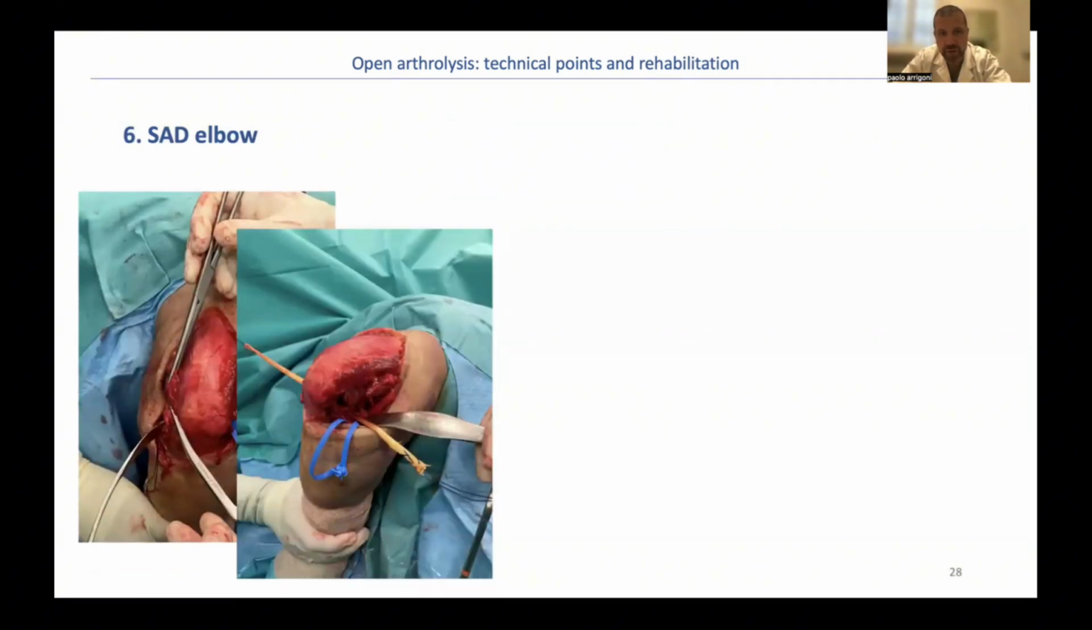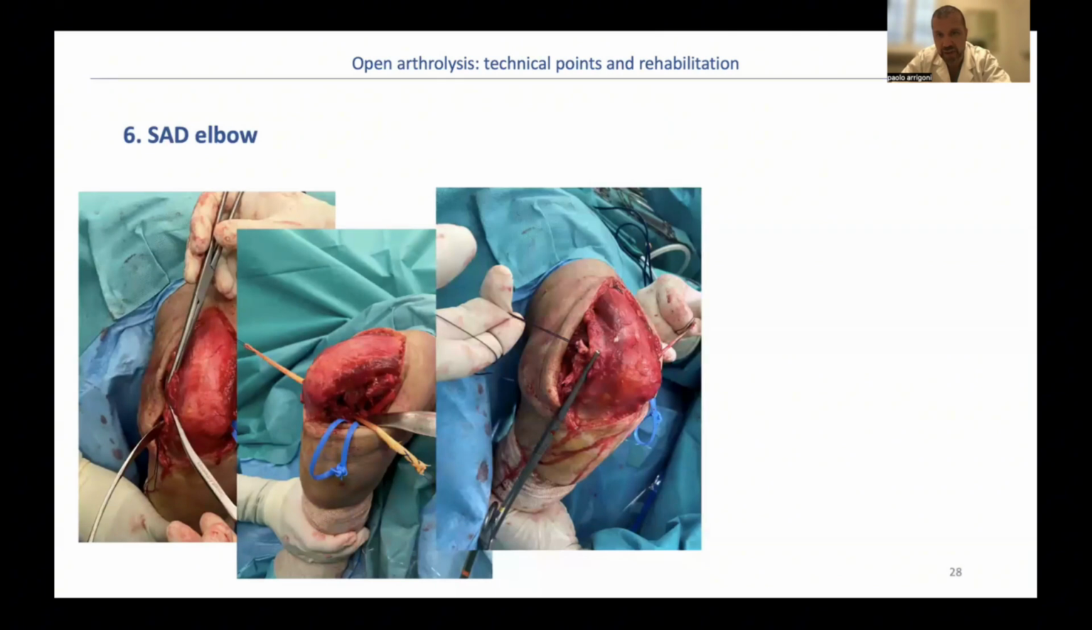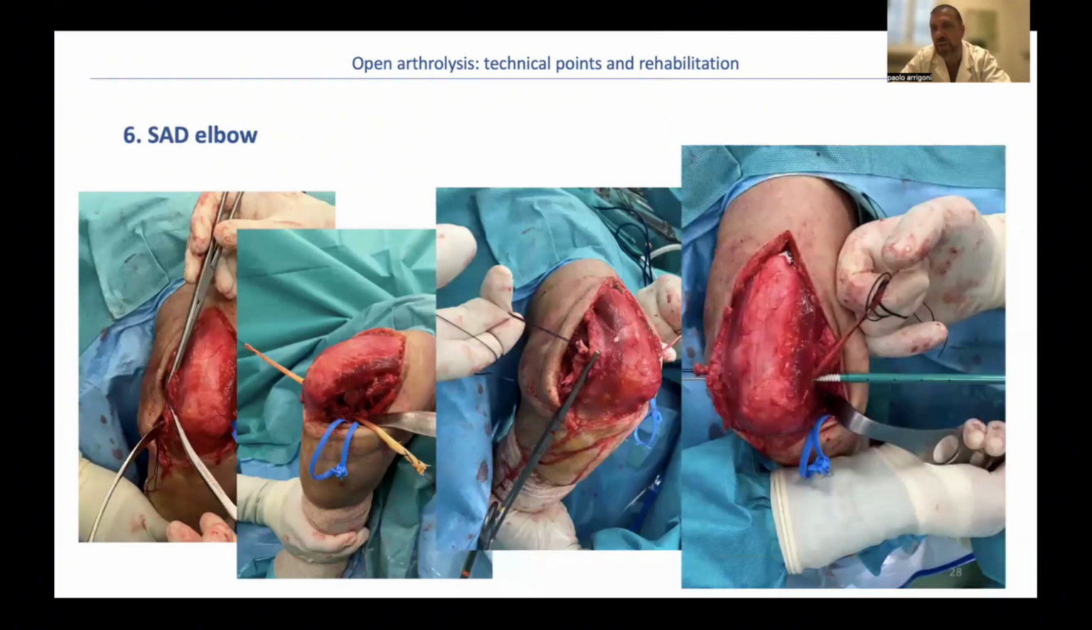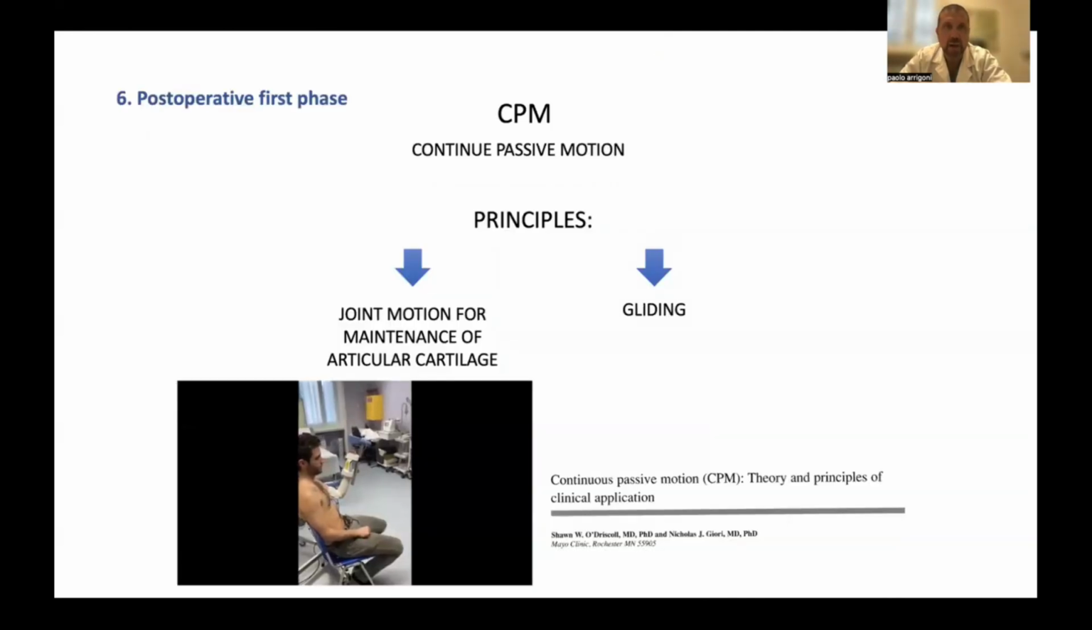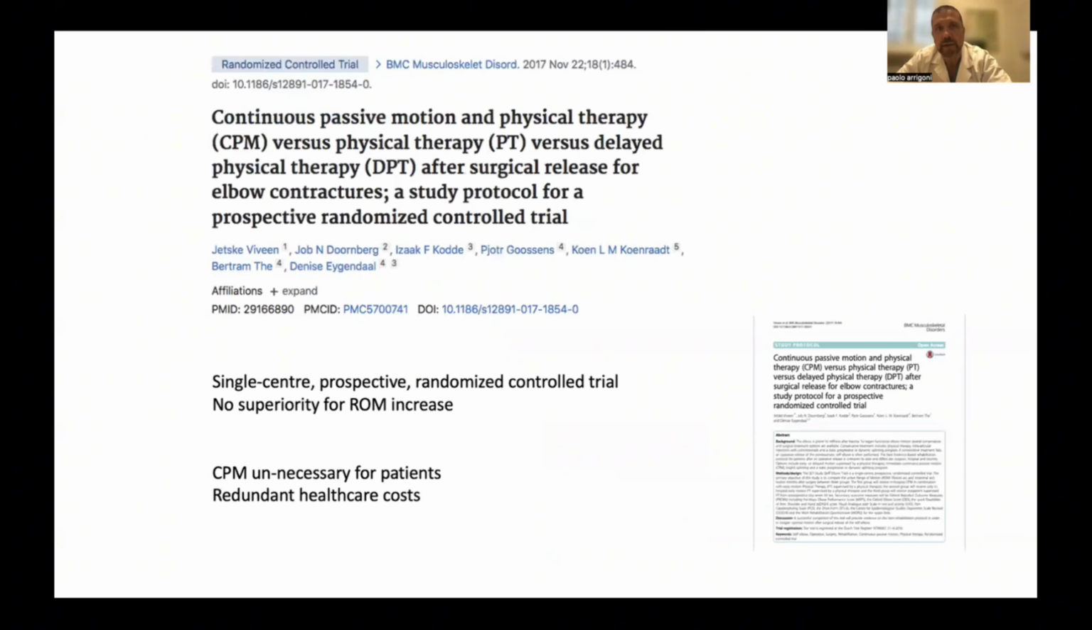And this is the way in which we have the graft passing from one side to the other, completing the box loop and fixing it. In this case we use an anchor, but of course you can also use free sutures. What we do in the post-op, normally, is use CPM to obtain some gliding of the joint and the nerve. In this case, which was published, there was no superiority of CPM with respect to physical therapy. So of course, we have to say that the evidence in favor of using CPM is limited,